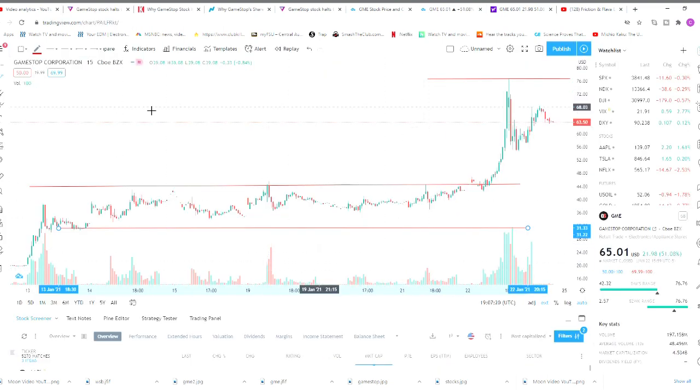Now guys, if we take a look at GameStop's charts, we can see here that they were consolidating for around 5 days before finally breaking out here on Friday. And as you can see in this consolidation, it was uptrending because you can see here that it was testing these resistance levels a couple times. And as you can see right here at Friday open, the stock was really trying to stay down with all the shorters really attacking it. They really didn't want this stock to go up because that would mean they would have to cover the remaining